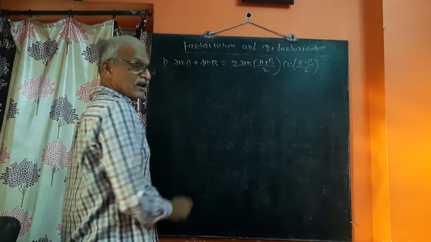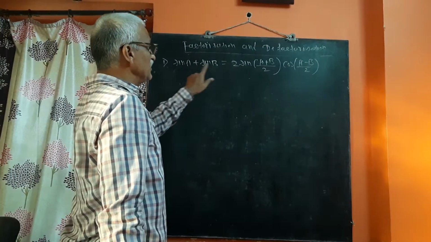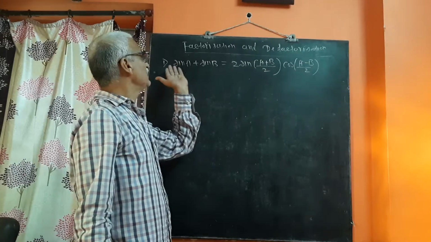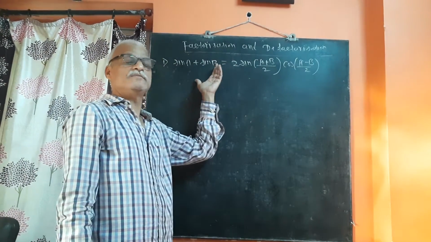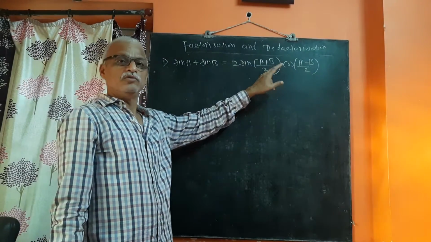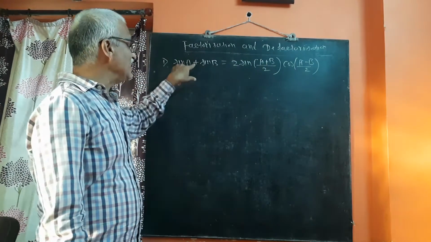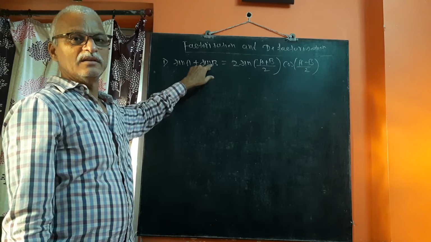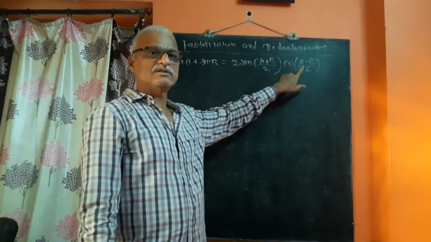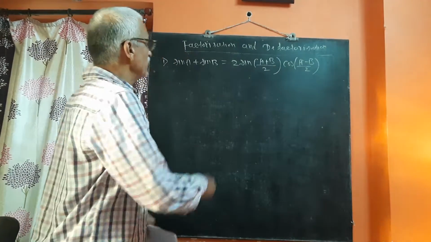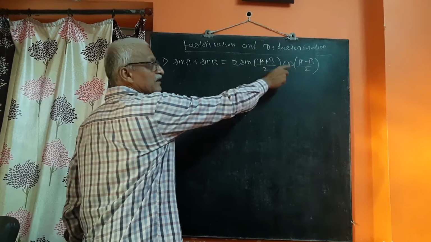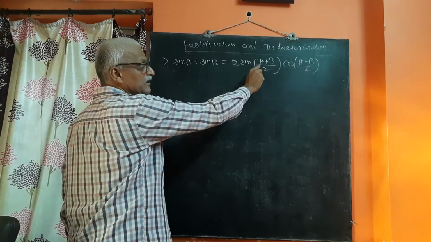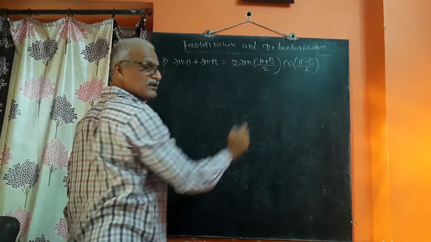The addition, you may remember this one. Instead of memorizing the formula sin A plus sin B equals 2 sin into cos into 2, you will remember the formula as: addition of 2 sin is the multiplication of sin and cos, maintaining properly this order, A plus B by 2 and A minus B by 2.